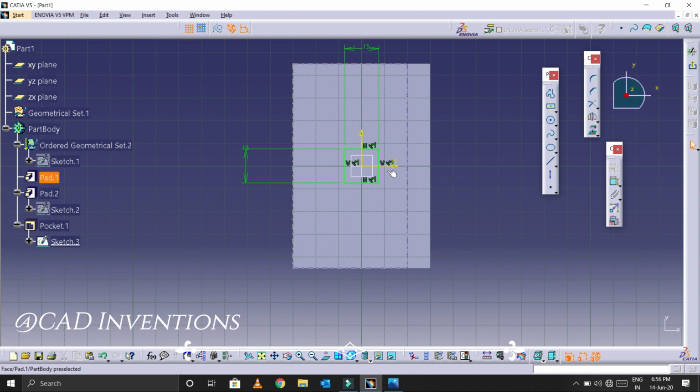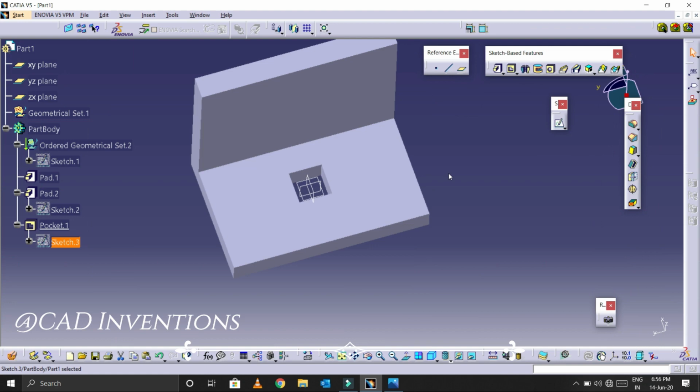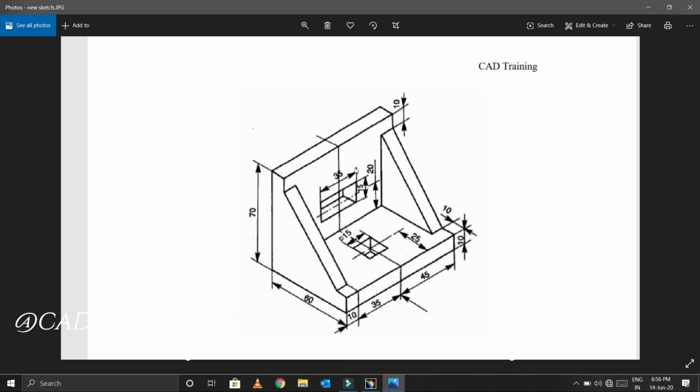As we started with the middle point as my origin point, and the centered middle point is also located at the origin, the distance is exactly 25. Here there is no need to measure that. If you want, you can measure also. And the next thing is, we want one more rectangular hole on this side, having a length of 35 and width of 15. Let me draw this.